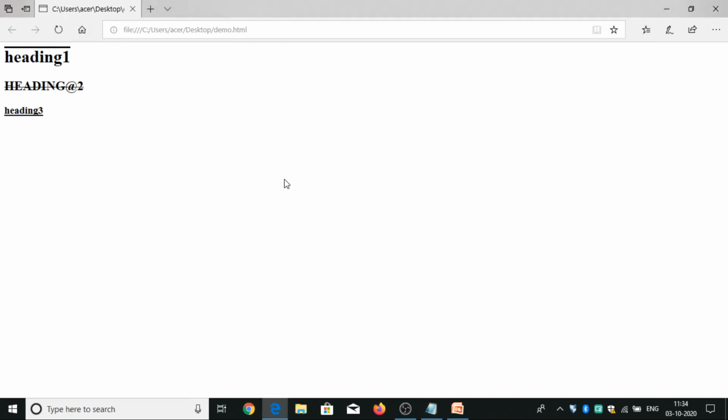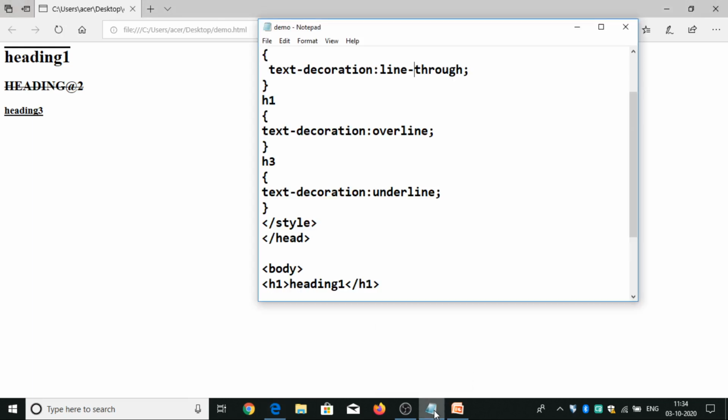This is the output of this program. H1 with overline, H2 with line-through, H3 with underline.